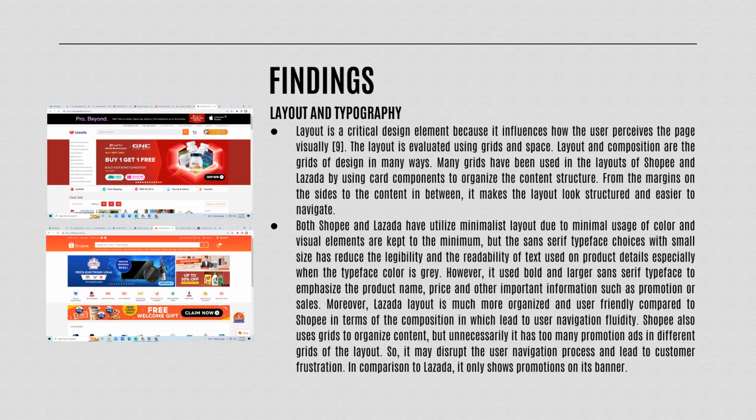The third visual element is layout, and I combine it with the typography because it works together as well. So layout is a critical design element because it influences how the user perceives the page visually. The layout is evaluated using grids and space. Layout and composition are the grid of design in many ways. Many grids have been used in the layout of Shopee and Lazada by using card components to organize the content structure. From the margins on the side to the content in between makes the layout look structured and easier to navigate. Both Shopee and Lazada have utilized minimalist layout due to minimal usage of color and visual elements are kept to the minimum,